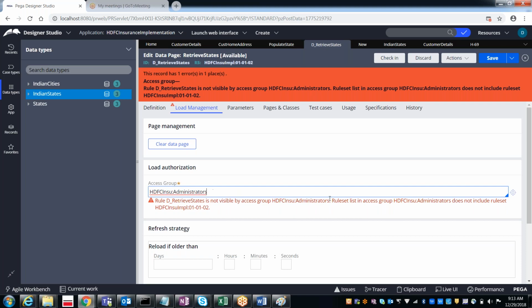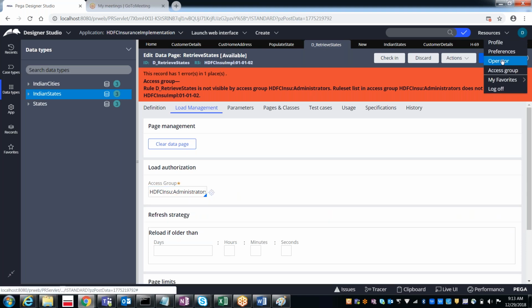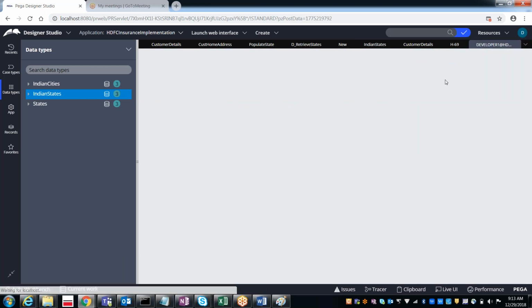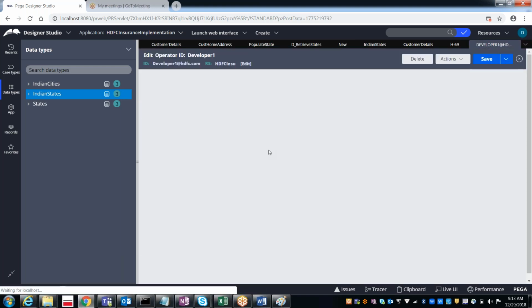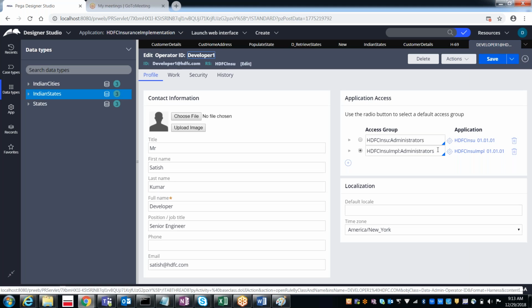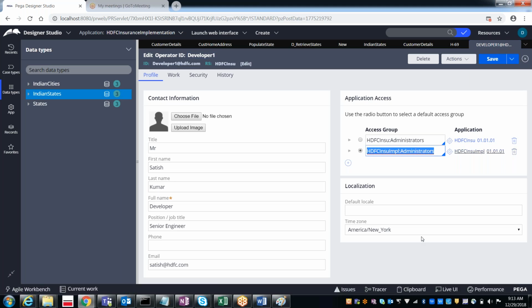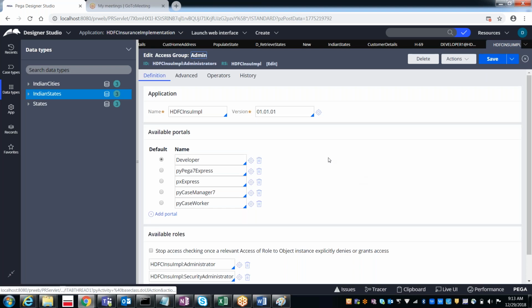002 is not available. So what is the access group we used for this? This is it, HDFC insurance implementation, under the administrators. Here the version is referring to 010101, but we actually created the latest version, so we have to refer to that.